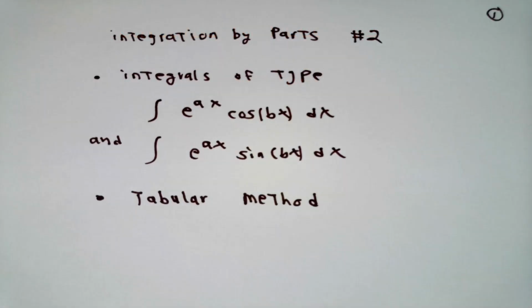To finish our introduction to integration by parts, I want to look at two different topics. One of them is integrals of the type an exponential function multiplied by a sine or cosine function. The second one is called the tabular method. It's a method by which, under certain circumstances, you can do repeated integration by parts in a very efficient and